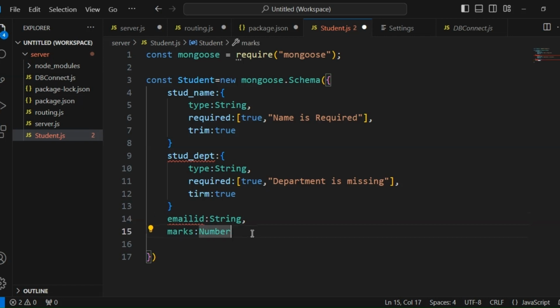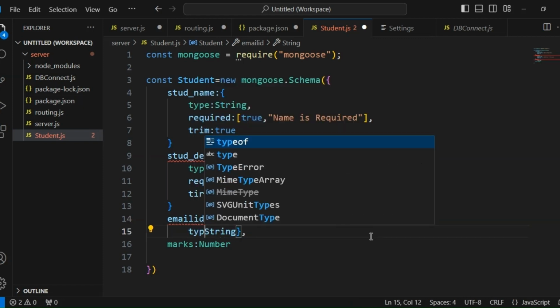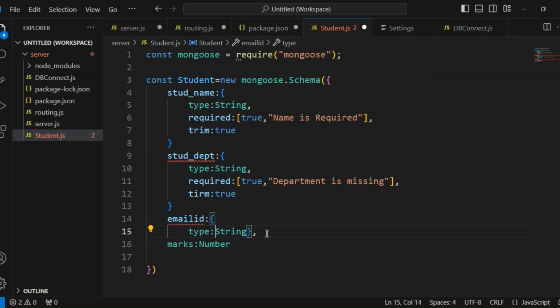We can identify the field name and corresponding properties so that we can have good clarity of our code. Here email ID, in email ID type is string. Then we have, it is also a required field. Second argument we are passing as